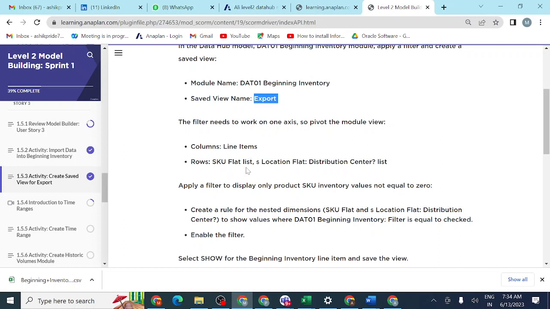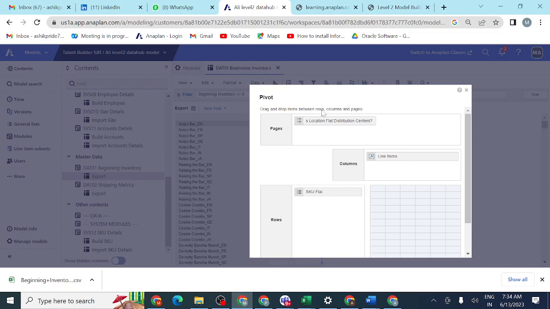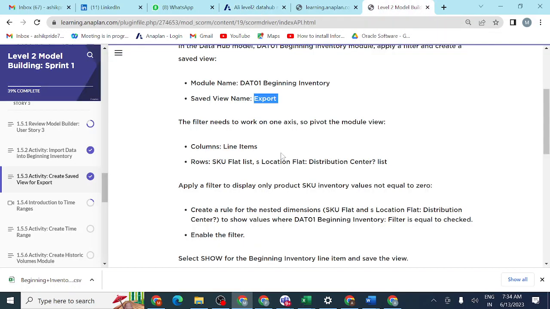In rows, SKU plot and location, distribution center should be there. So you can bring SKU plot and these two things into rows, and yes, we brought them here in rows.